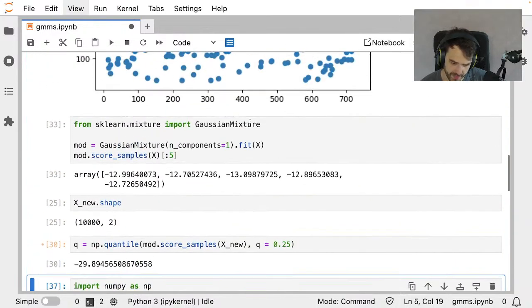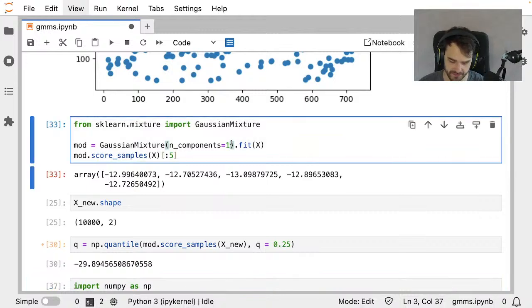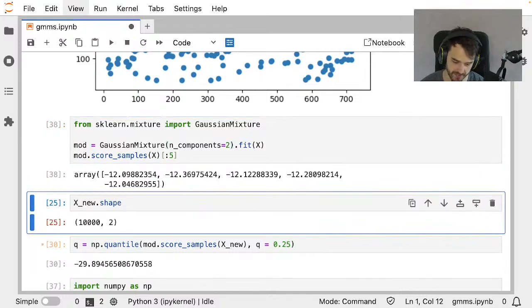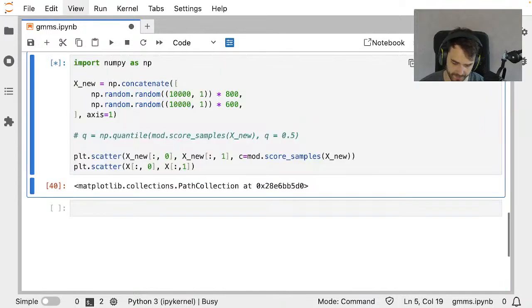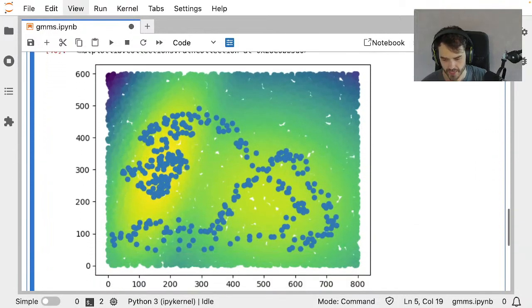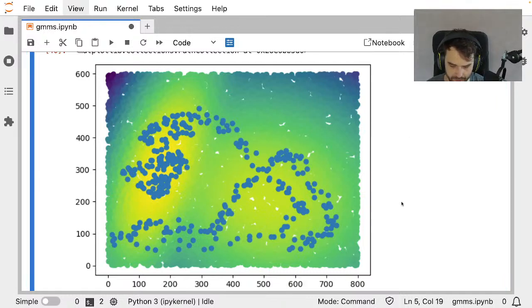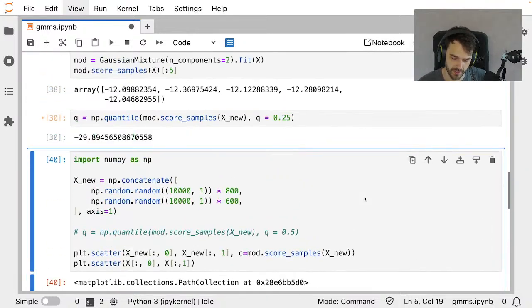But to get a bit more of an intuition going, what would happen if we have maybe 2 Gaussian distributions? That will be slightly different. So let's run that. And when you do this, you do get the impression that there are actually these 2 hills that have been estimated in this space. We've got one hill more on the left-hand side, and another hill more on the right-hand side. So that's pretty cool.